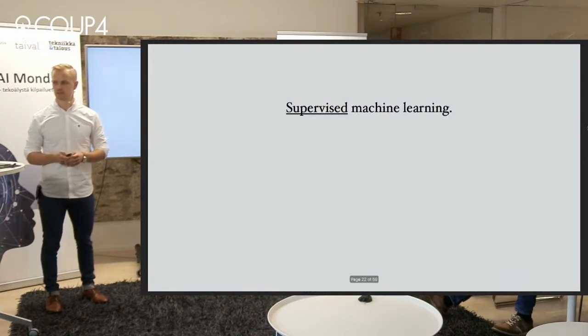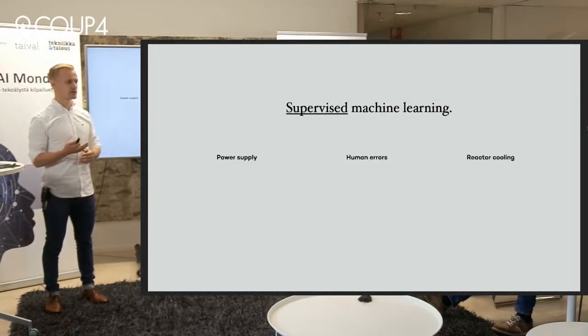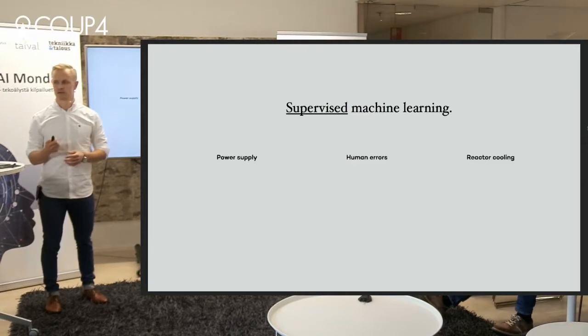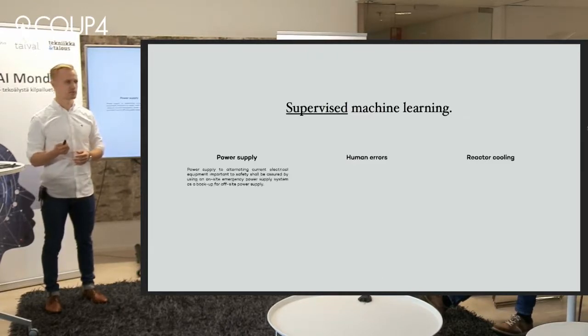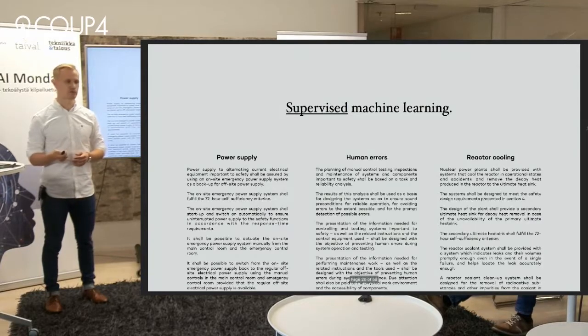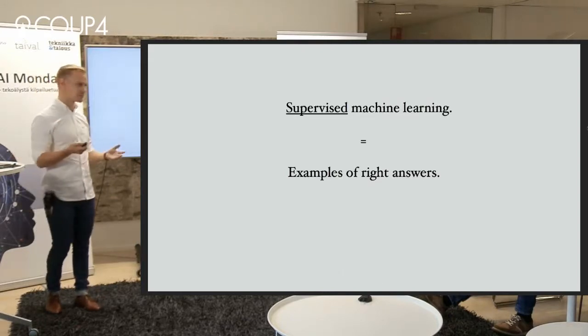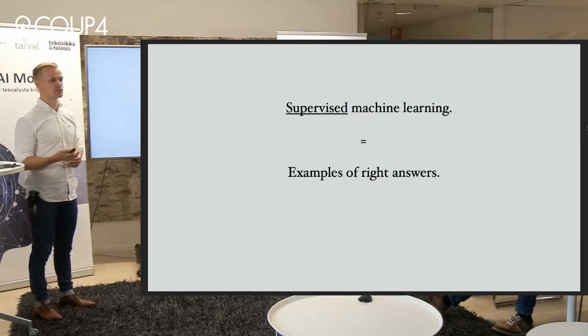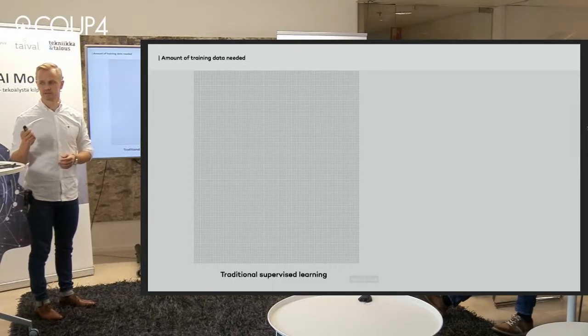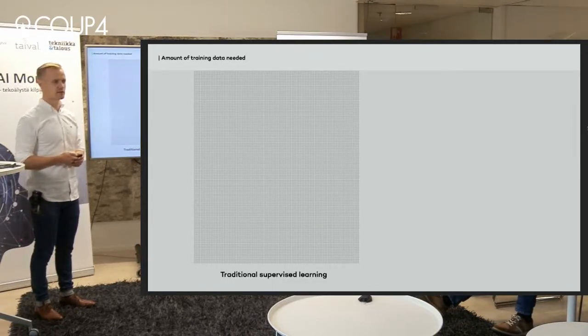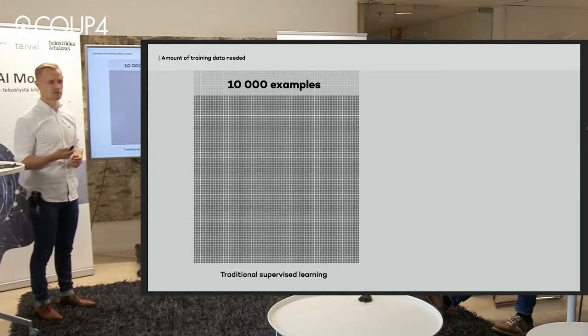But what we are doing is supervised machine learning, and there we basically give, for example, 3 topics, and then define single elements that represent the kind of piece of text that we're interested in, and do it for all of the topics. So basically we describe the right answers. We give the right answers to the tool. But the problem here is that traditionally with supervised learning, you need a lot of data. You need a lot of labeled high-quality examples.